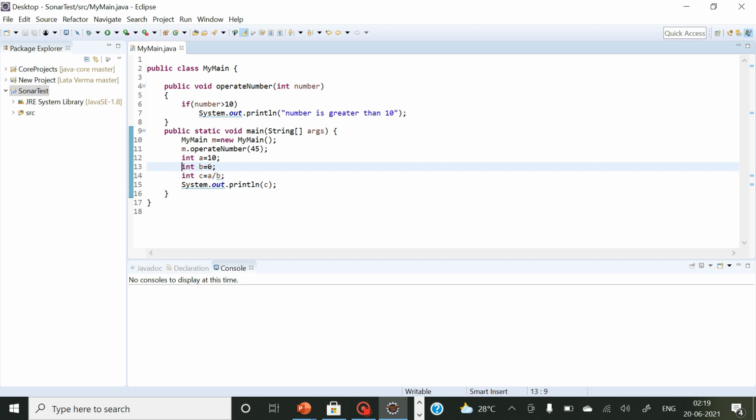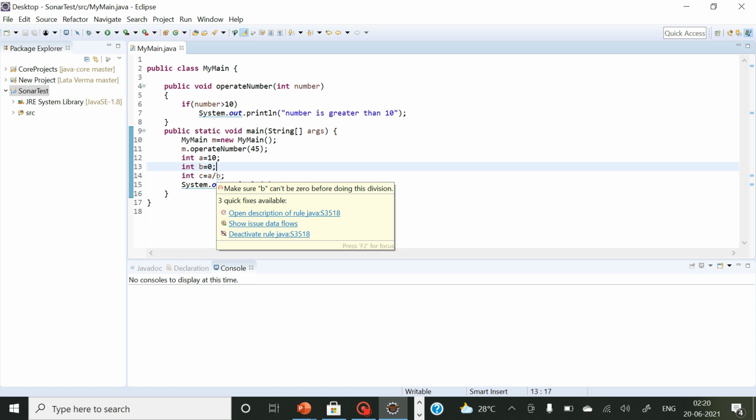So here you have seen that SonarLint is not only analyzing issues, it is also telling you about best practices, right? As a developer, if you are using SonarLint, it will help you to be a good developer who can write very good quality code, because you are going to implement all the best practices by following the solutions provided by SonarLint. After doing this, my program is saved, but I'm getting an issue for this B.